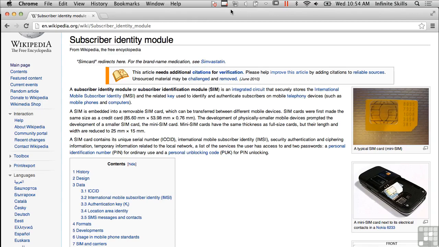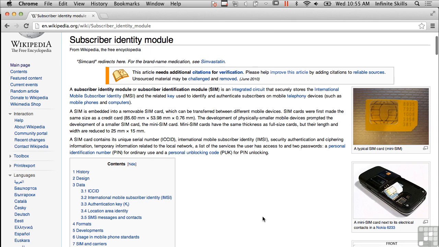In this lesson, we're going to be looking at SIM cards. Now, SIM cards have value when you are doing mobile forensics for a variety of reasons. A SIM card is actually a subscriber identity module, as indicated here, and it comes in a couple of different form factors. You can see a picture on the right-hand side here of a mini SIM card,